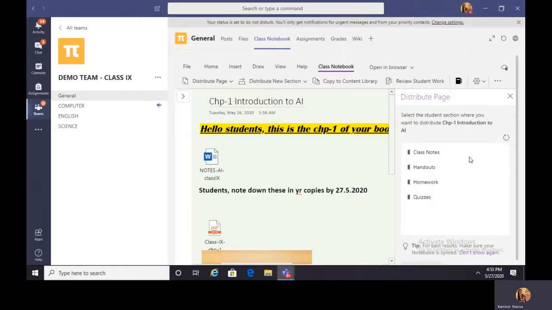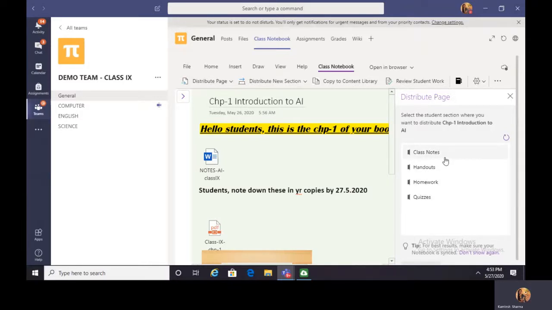Okay, it is going to ask you to select the student section where you want to distribute the chapter 1 introduction to AI. So you have to first decide in which section you want the page to be distributed. I hope you remember, as we discussed in the last video, there are 4 sections in each student's part, which are class notes, handouts, homework and quizzes.